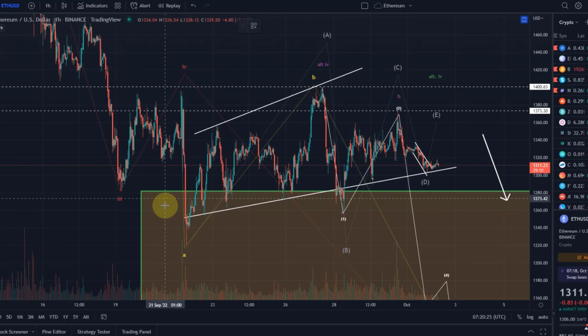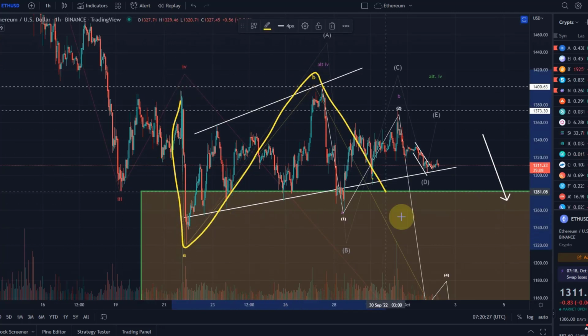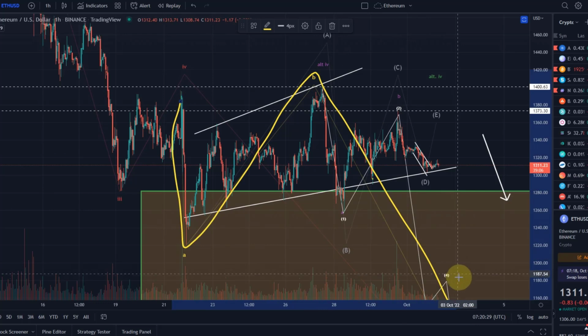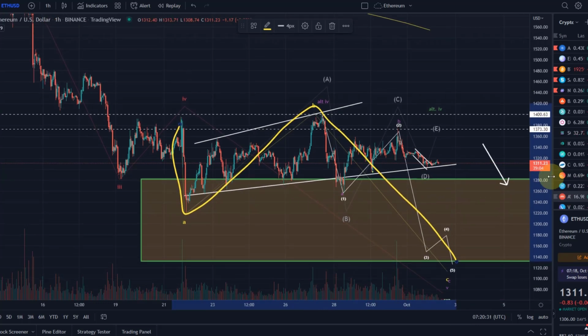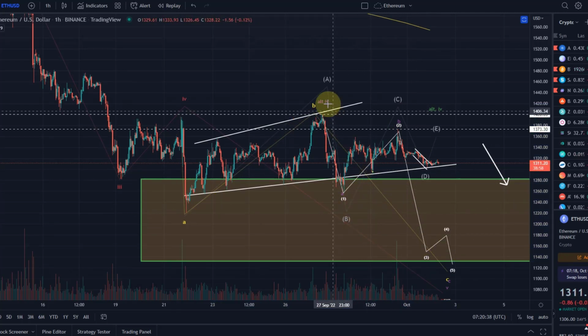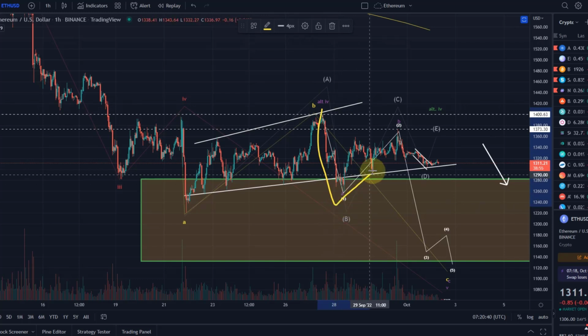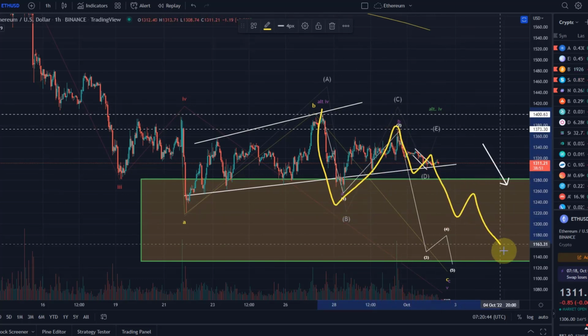You can also say that we had here an A, B, C. We're now in the C wave down, a 5-wave move. But for that, I would like to see more of an impulsive move down. It would be a wave 3. The other interpretation is that we've done an A here, a B here, and we're now coming down in a 1, 2, 3, 4, 5 pattern.